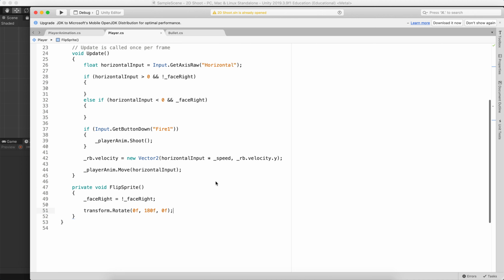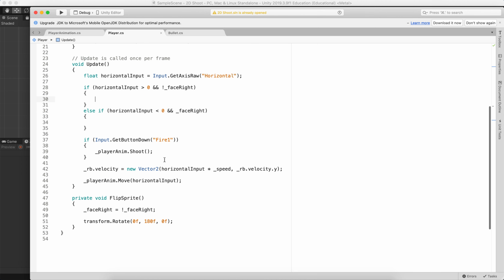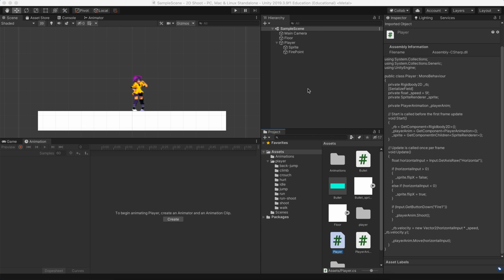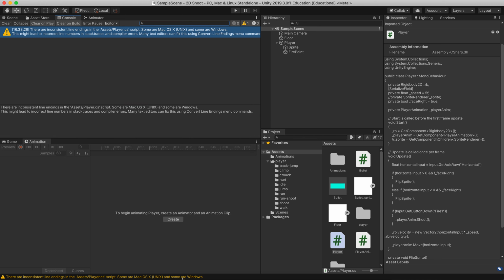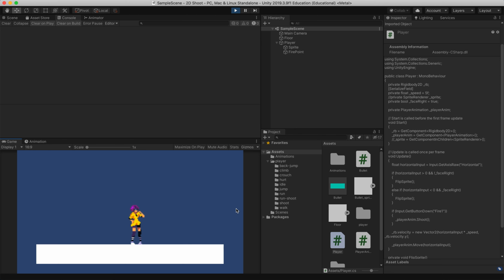Okay, we're going to save that. Oh, actually, we need to implement it here as well. So once we've written this method, we can say flip sprite and flip sprite, and this should all work. Save that script. Let's let Unity compile. Press play. Run this way. Shoot. Lovely. There we go. We have implemented